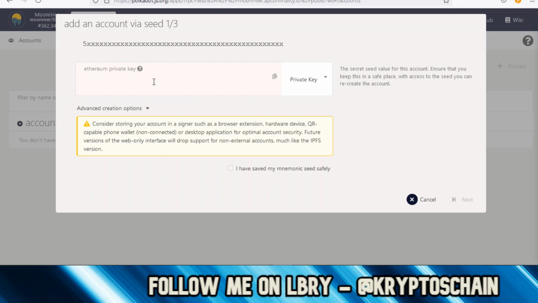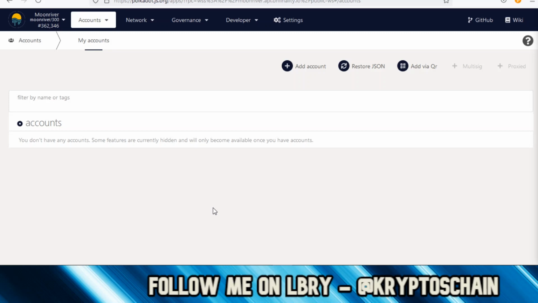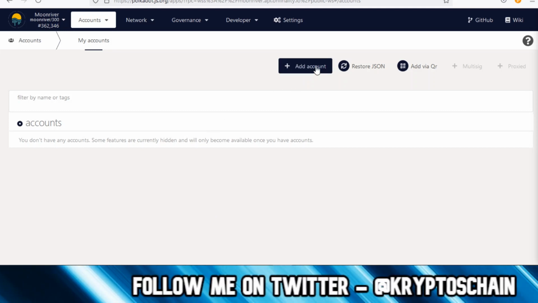Let me know in the comments below if you were able to do it, because I was not. So my only option to get Moonriver is directly to the MetaMask wallet, and not to import it here, because it doesn't let me import it. I don't know why. But this is another option. You could have created an account here, copied that private key or the passphrase, and